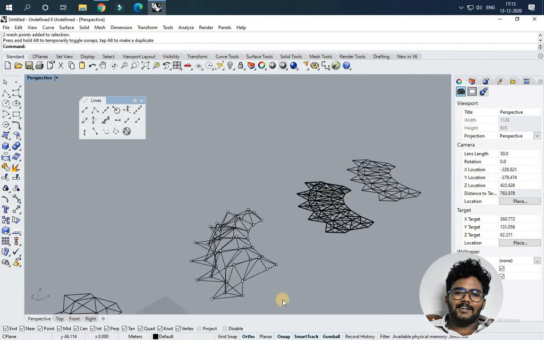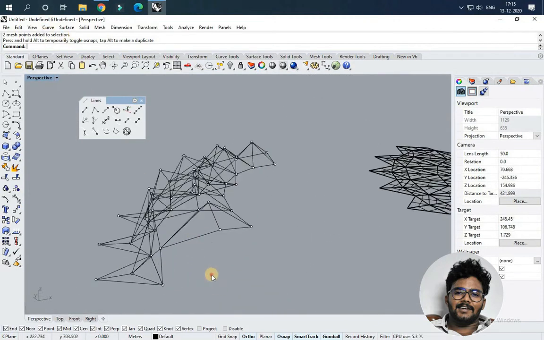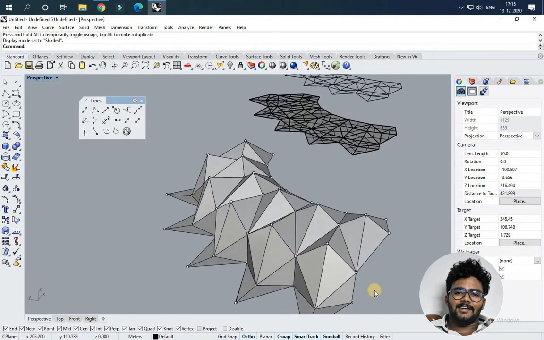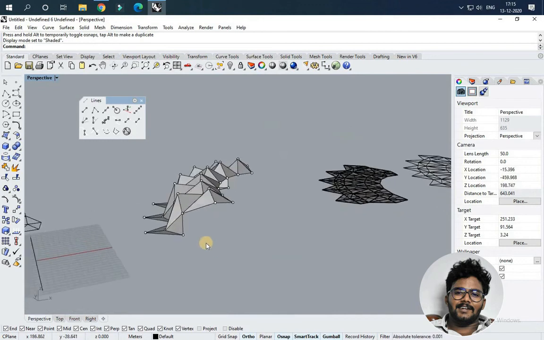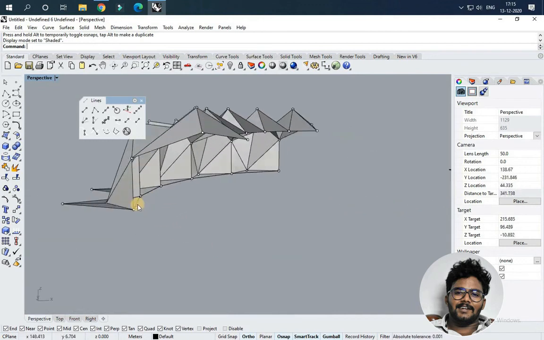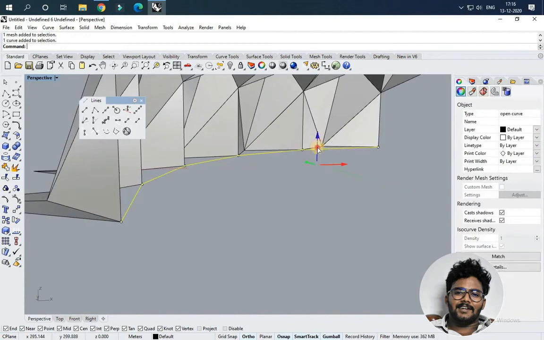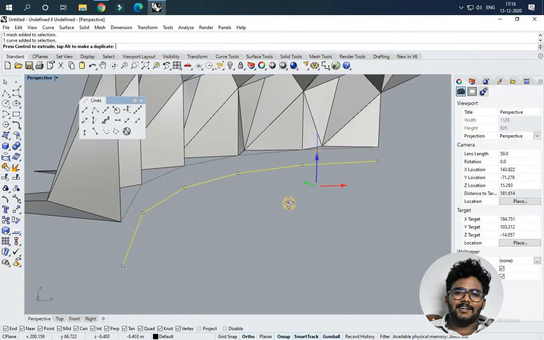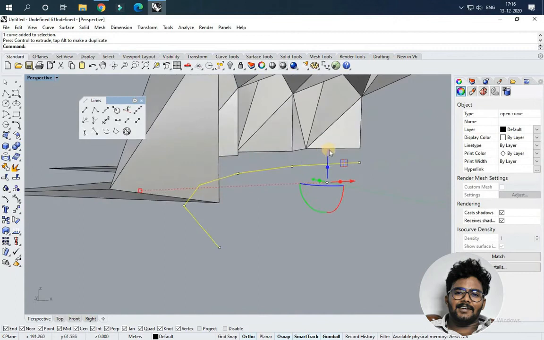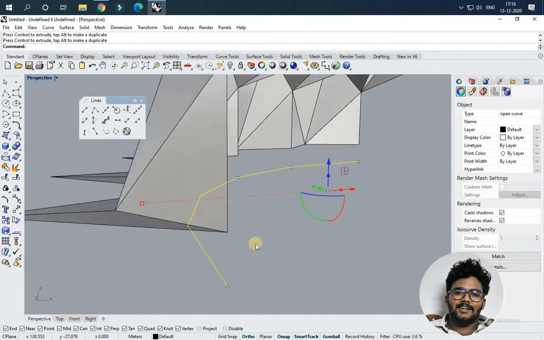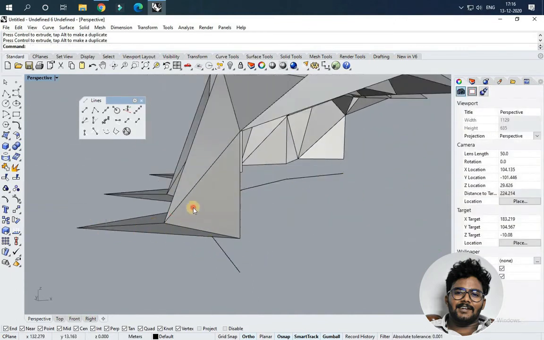So I'm just changing it to shaded mode. I'm just dragging it down, because I need the same line again as a reference at the down value, so that I could make this triangle be at the bottom.